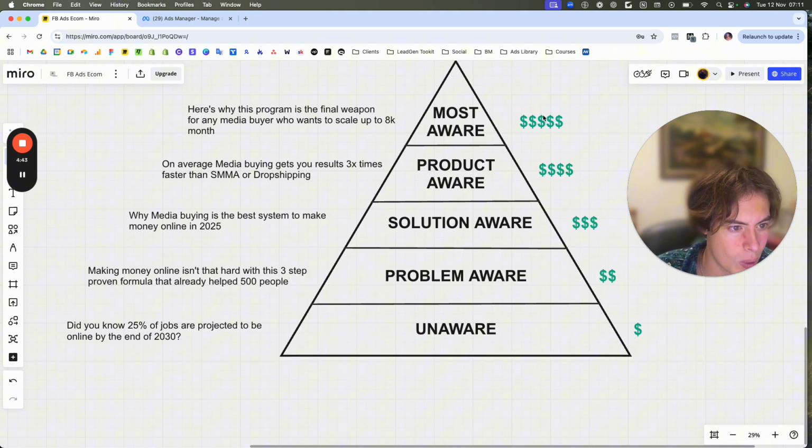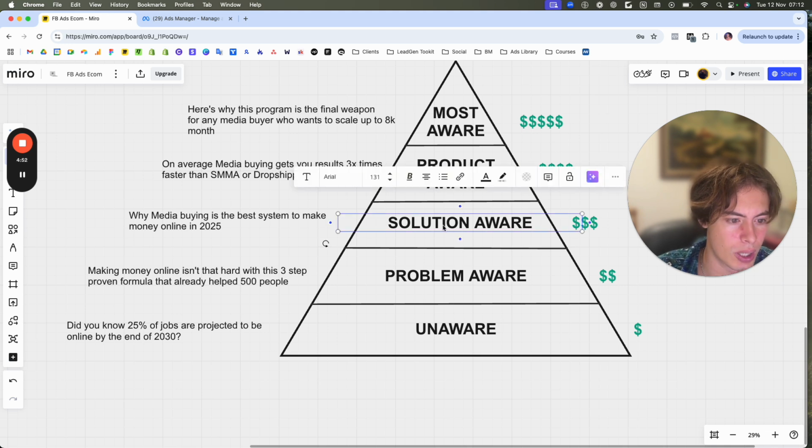So you want to start at the low hanging fruit, as you can see here, people that are already warm. I'm going to show you in a second, and then going down towards the aware. Okay. Then we have the solution aware, and this is your target audience. This is where you want to start, in my opinion, targeting your prospects,